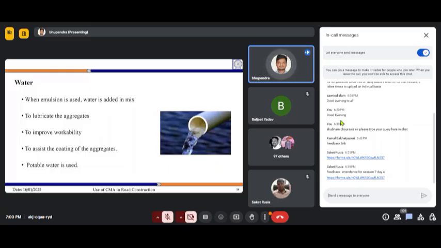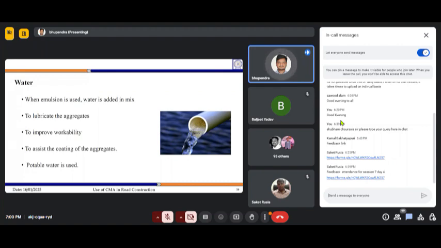Now the third type of material which makes our cold mix asphalt considerably different from the conventional hot mix asphalt and warm mix asphalt is water. You know already that when we are using the emulsion, there is some water present in our binding material. But when we are making the mix, because the workability of mixtures prepared using emulsion is low, we have to mix extra water also.